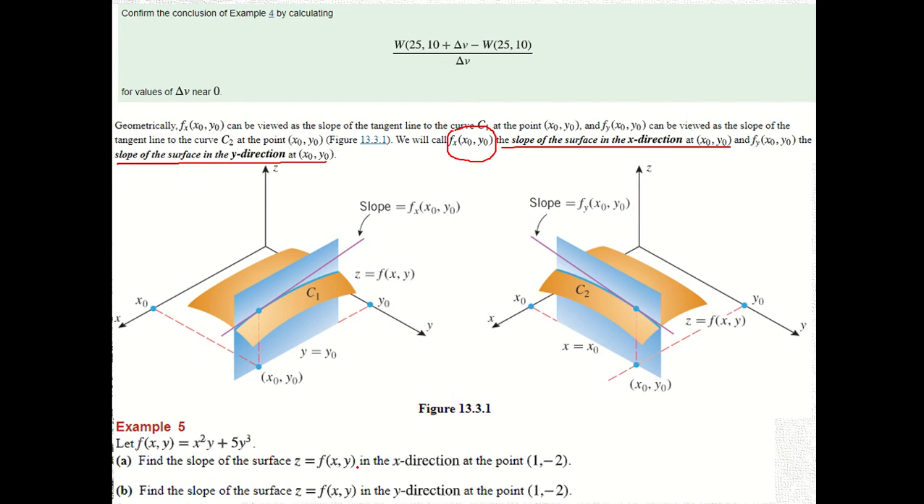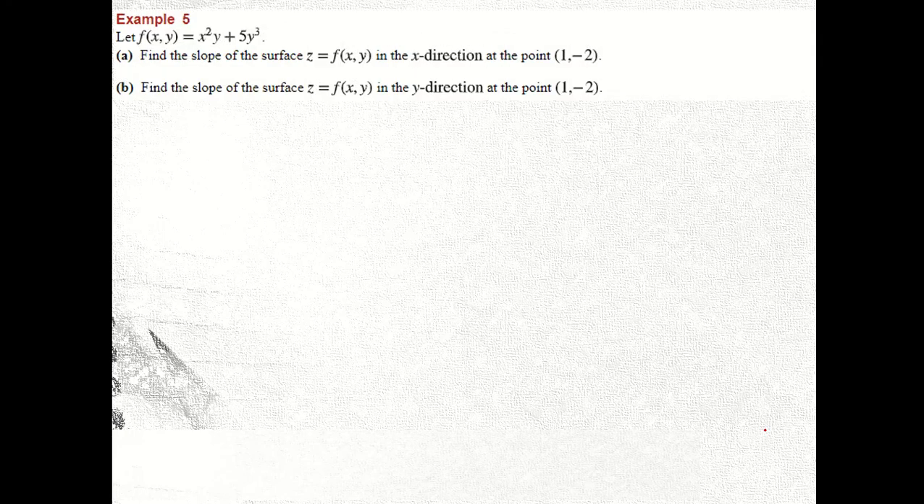z equal to f of x and y in the x direction at the point with the coordinates 1, -2, and B, find the slope of the surface z equal to a function of x and y in the y direction at the same point. So the first one is in the x direction, the other one is in the y direction, same point. So for our solution here for letter A,